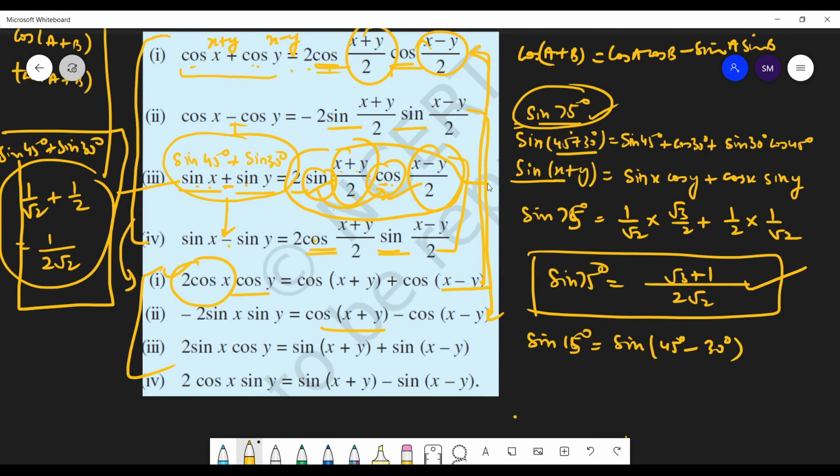Next formula, sine x plus y. So instead of x, put here x plus y and x minus y, and you get 2. So see here, for x plus y, x minus y, here you will always get x, and here you will always get y, whenever you put x as x plus y and x as x minus y. So that is why x over here and minus over here. So same pattern, same thing. So just these four are the special cases of these four formulas.